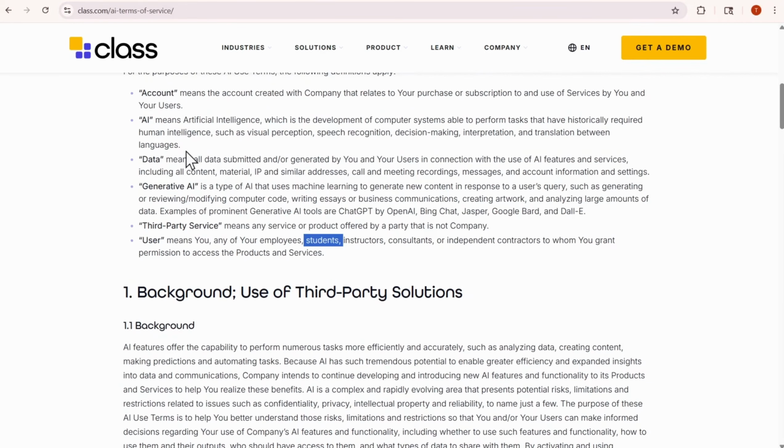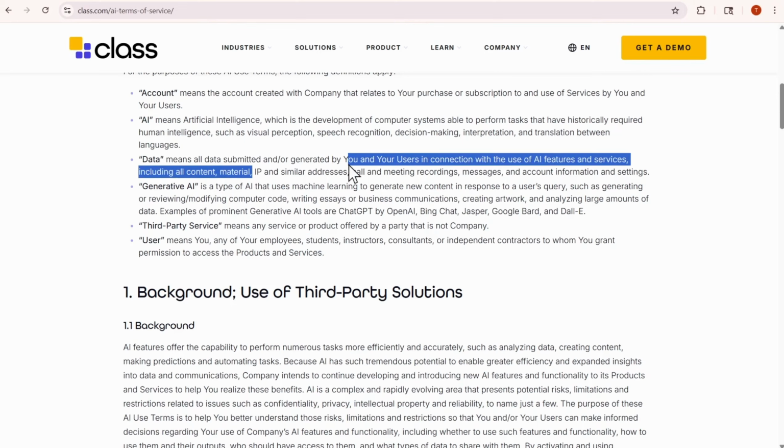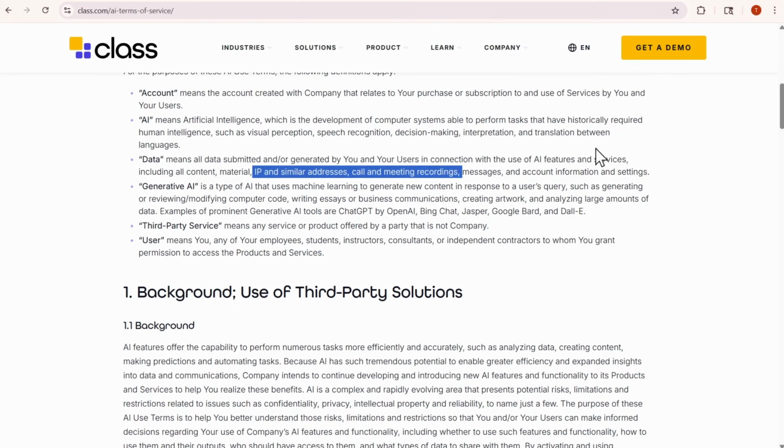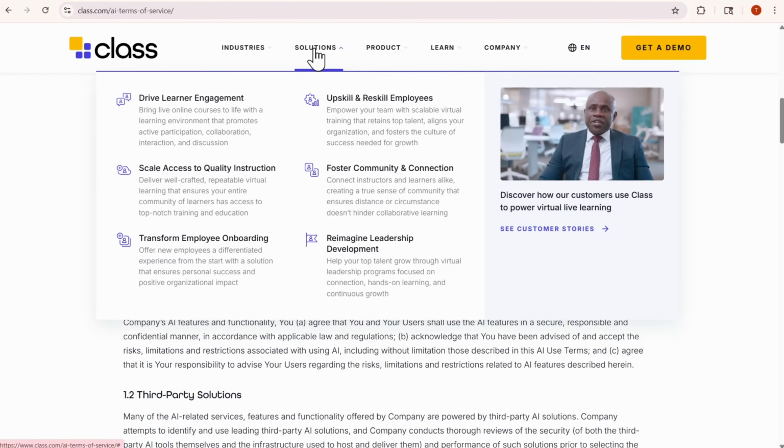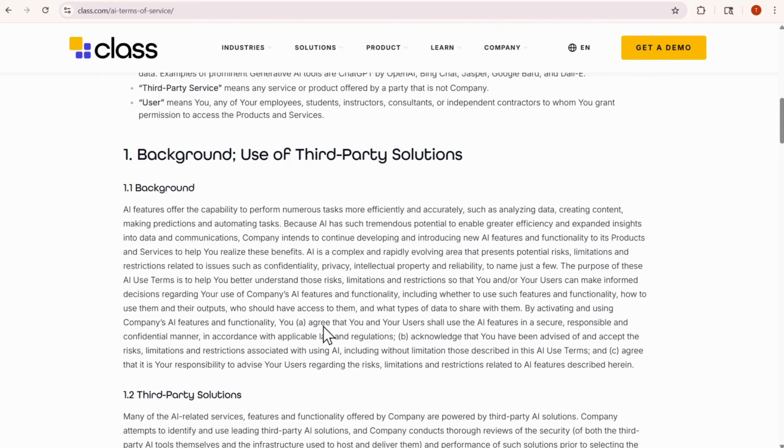We know that personal data is definitely going to constitute data because we've already identified at a minimum IP addresses, call and meeting recording, and account information, which is probably like a username and password, right? And a username and password constitute personal data. I just wanted to address that because a lot of businesses are now using AI at a minimum within the organization in some capacity, whether it is that they're procuring some type of solution like this or they are creating their own AI internally. There is definitely an overlap and review that should be conducted as it pertains to personal data.